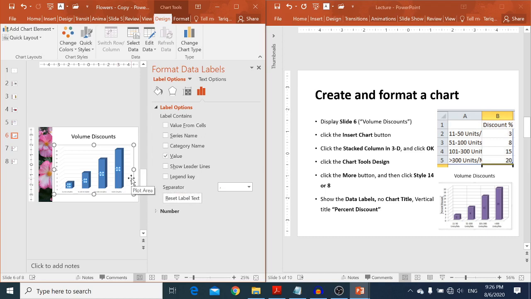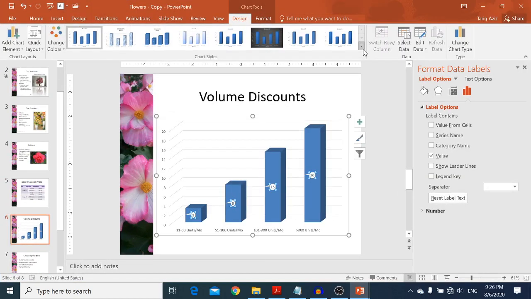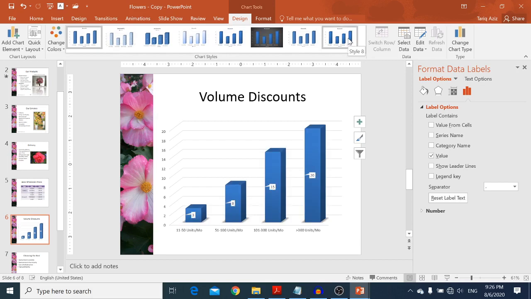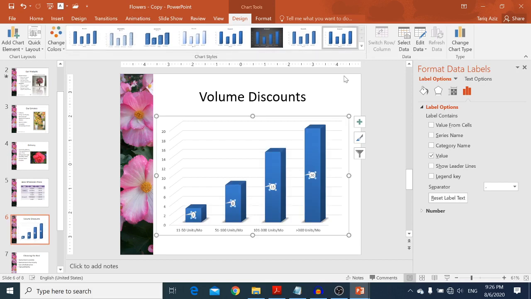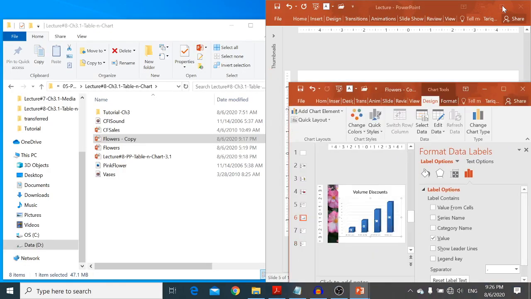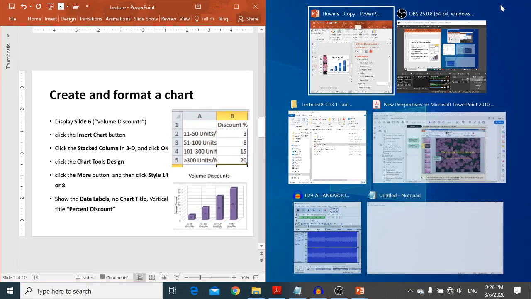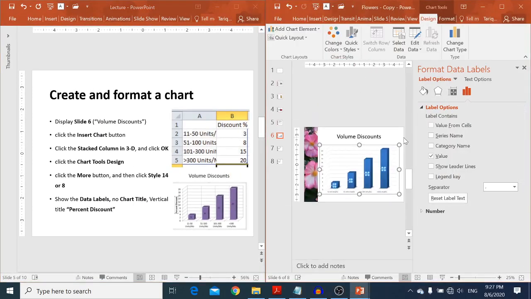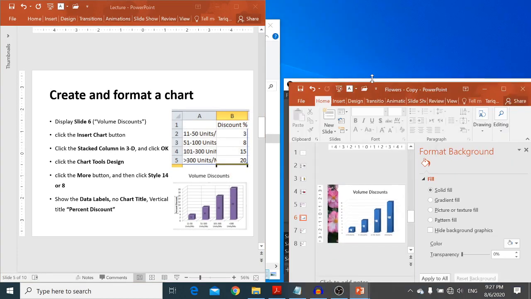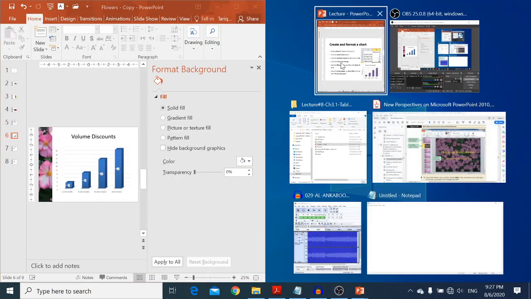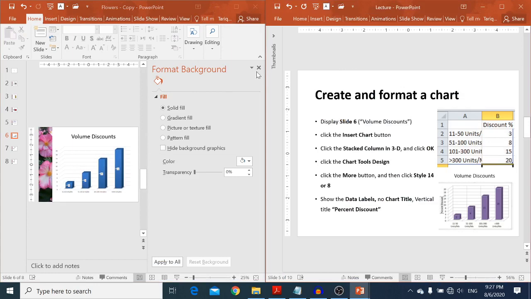Okay, what else is there? Oh, I need to apply the style. If you see here, I'm having chart color. Do we have the chart style? Let's go and see. There you go. So I can apply, what is this one? Style 8. Okay. Now I have applied style 8. Oops. I can click this one and I can bring it down here. There you go. So this is my